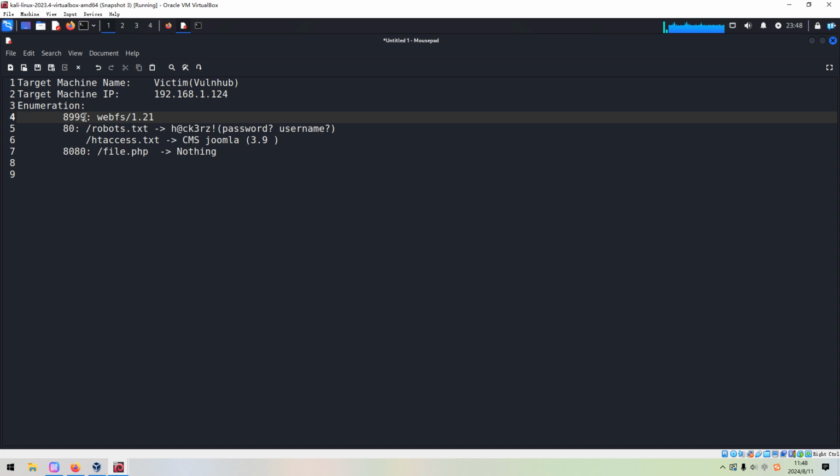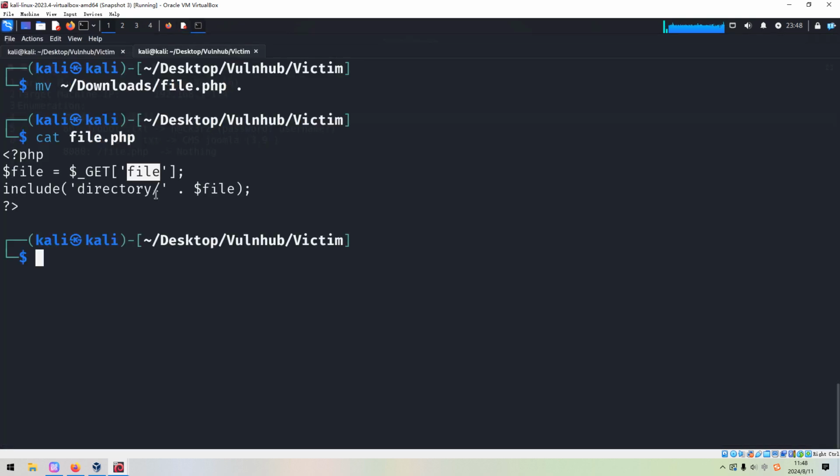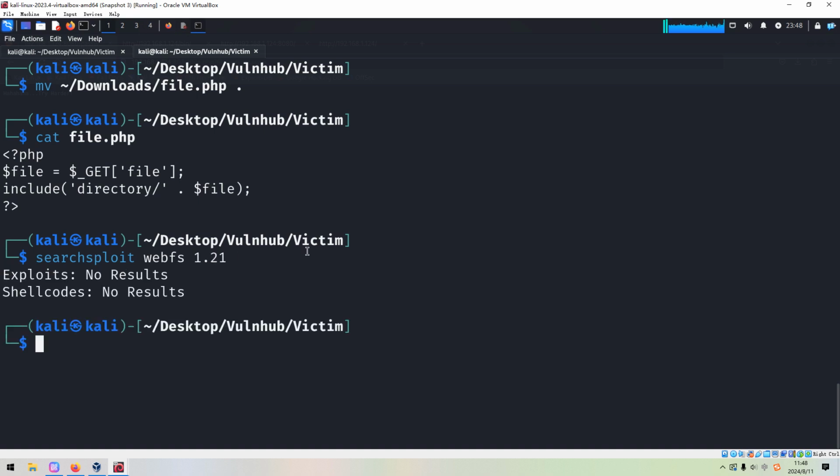And next, I think we need to take a look at this port number, because at the stage of the port scanning, we have to know that this port number is running this application or this service. We can copy, and we can use such as point and put it in here to see whether this service has vulnerability or not. So no results. Okay.